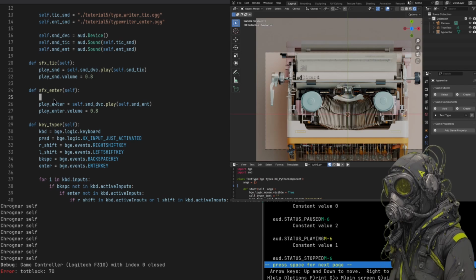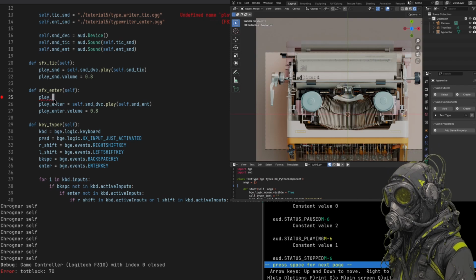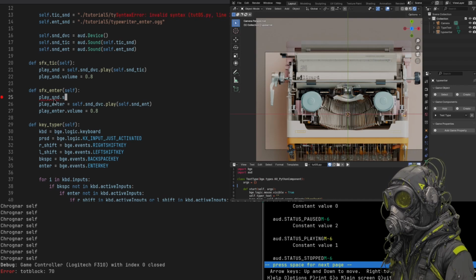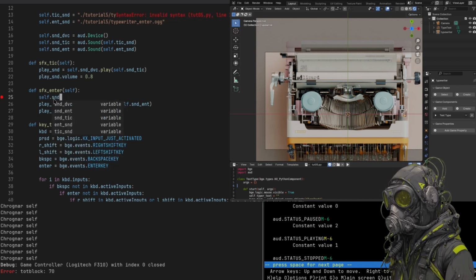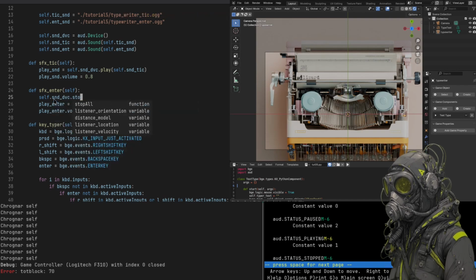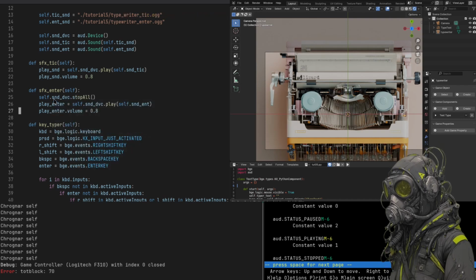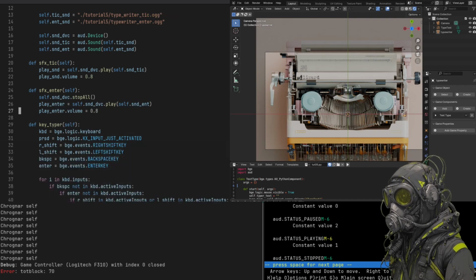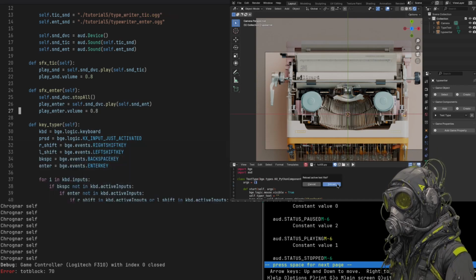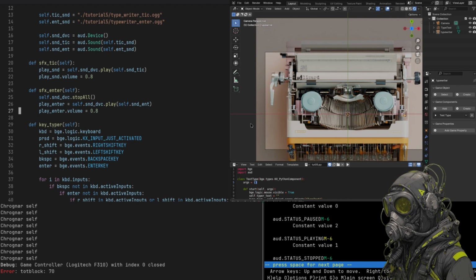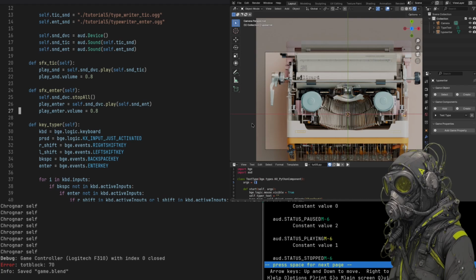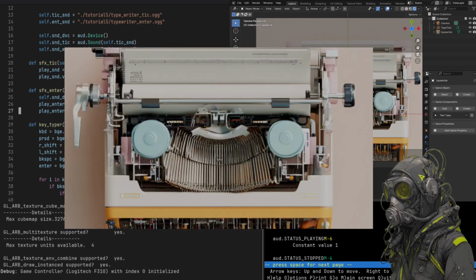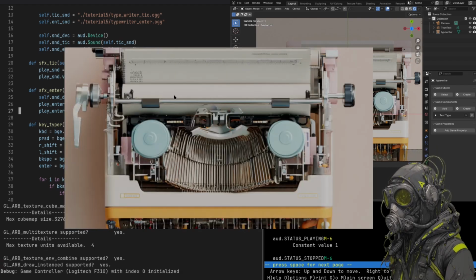So what we have to do is do play sound dot, oh no, we have to do self.soundDevice dot stop all, and then save it, reload it, and then when we press play, now when we type,